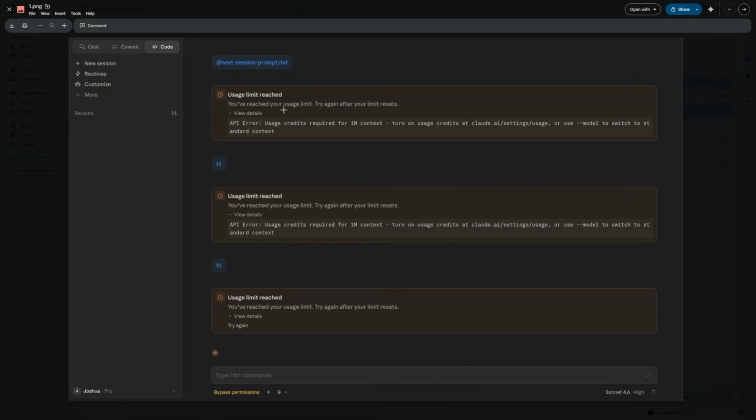million contexts. Turn on usage credits or switch to the standard context. Now, I already have my usage credits on, so it can't be that. So it has to be something to do with the standard context window. Now, when I first downloaded what's called Claude Code on macOS here, it already came with the 1 million context window, and I've been using it for a couple months, and it's been fine. I don't know what suddenly prompted this error, but anyways, to be able to change this back to the 200,000